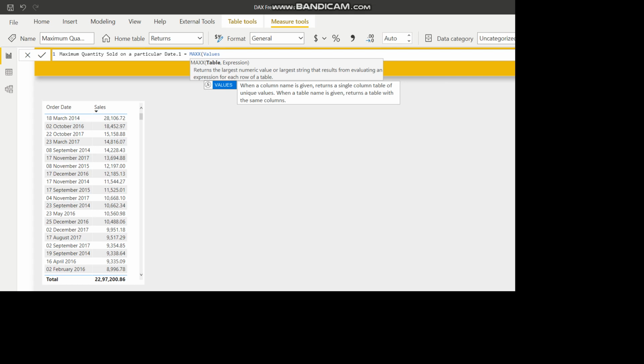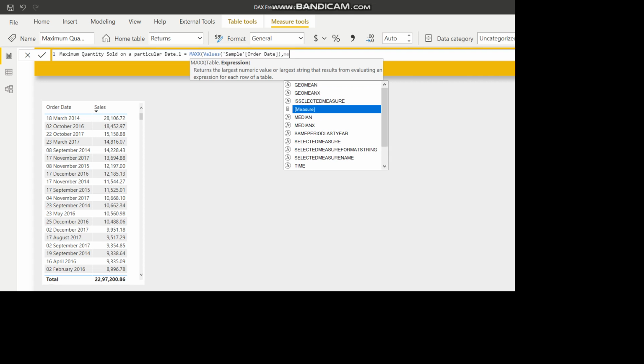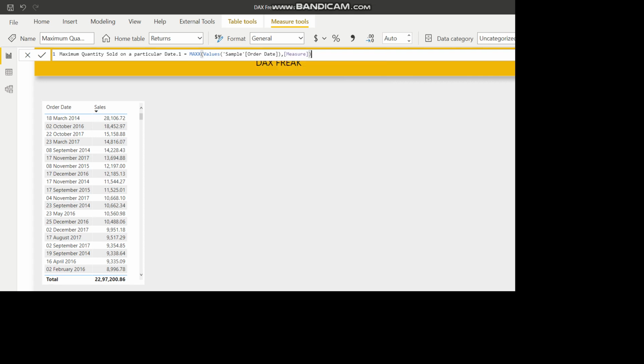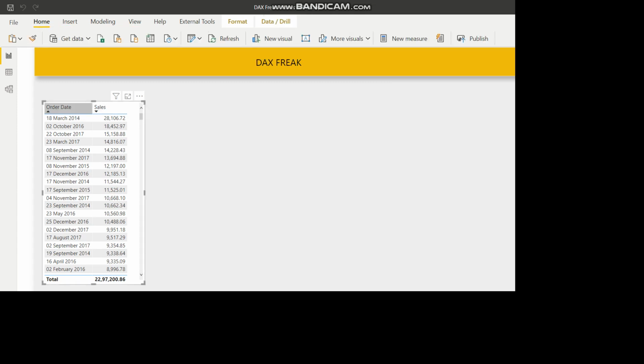The VALUES function just lets you pull the distinct records from the particular column you define. So here I'm picking the date column, or order dates. This VALUES column will give me the list of all the unique dates which are present in this table. And the expression would be the measure. This measure is nothing but the sum of sales. So when I press enter, this particular measure creates a virtual table which is similar to this which I'm showing you, right? And let me pick out a row card here